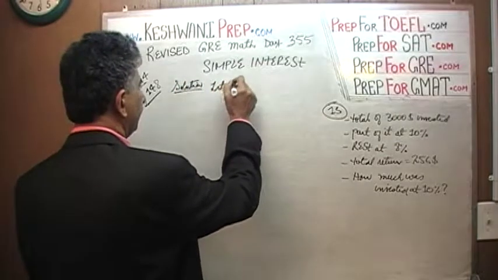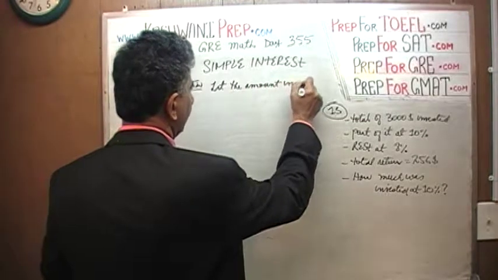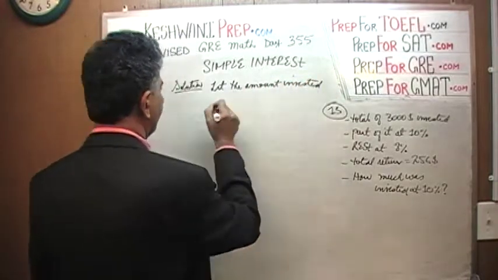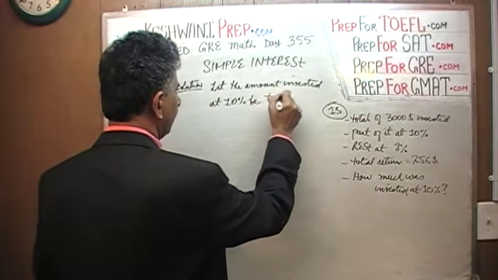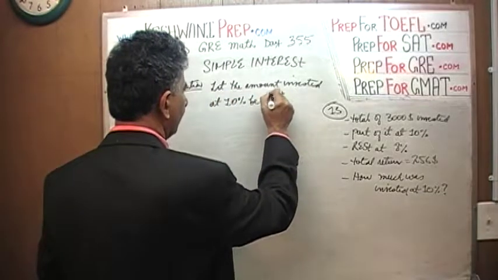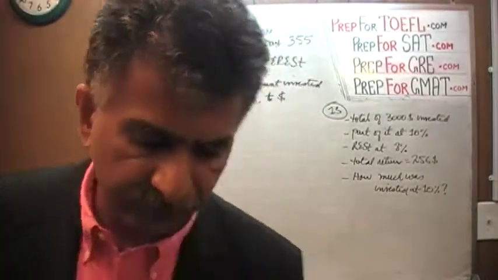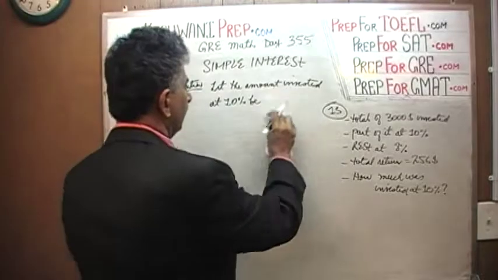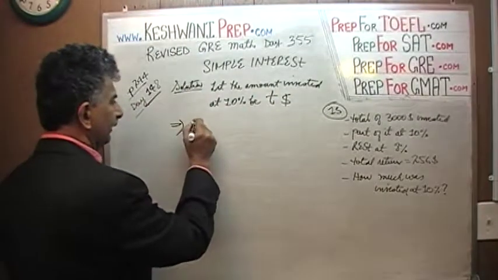Let the amount invested at 10% be $t, which seems logical. T for $10, or T for 10%. Let that be $t. This implies that the amount